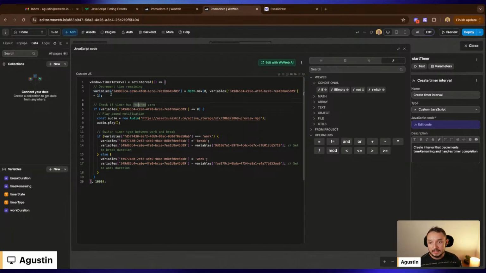Now, since that is going to be running at the set interval, meaning once we start the timer it is going to run by itself forever, we need to have some sort of way of understanding if that value is going to reach zero. So that's why we have a formula that checks if the timer has reached zero. So what does it do? It's basically checking if the variable called time remaining, which is the same one here, which we are decreasing one number at a time,